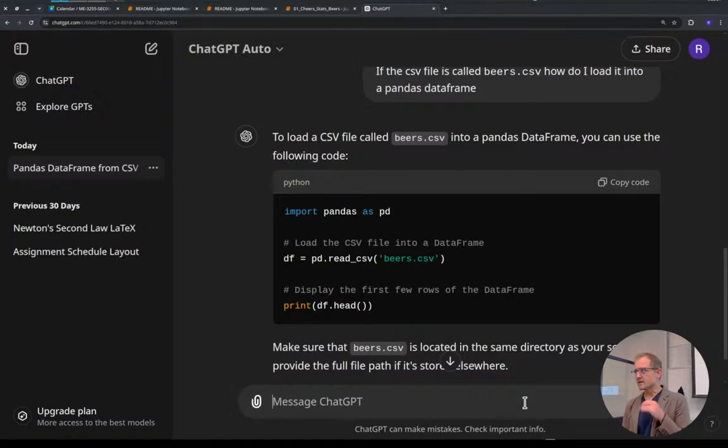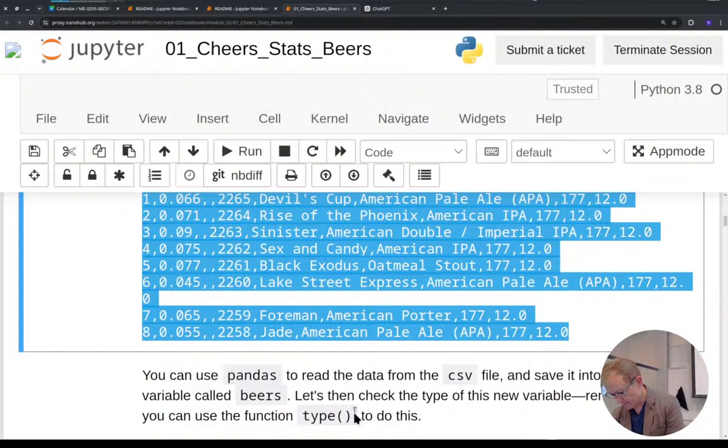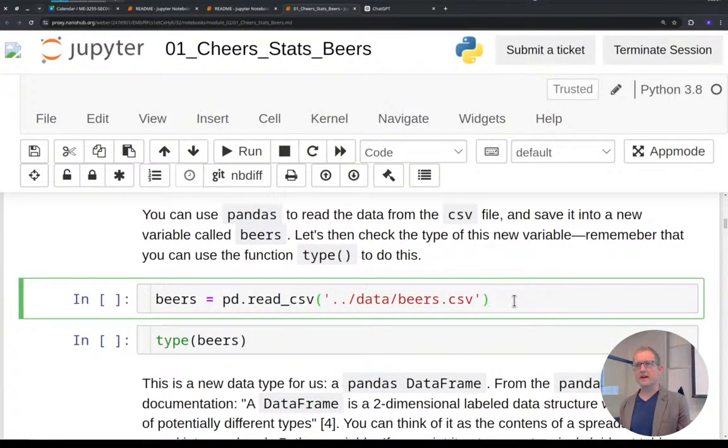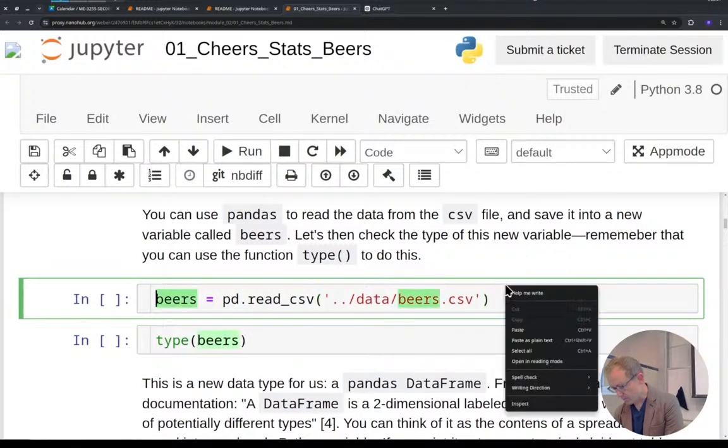So now it's giving me a snippet of code, and it thinks that it should work, but we can try it. I think it will work since that is the line of code. Yeah, right there. So that is the next line of code, load this into a data frame. But if you have data and you're trying to figure out how do I get this, or maybe one of the columns